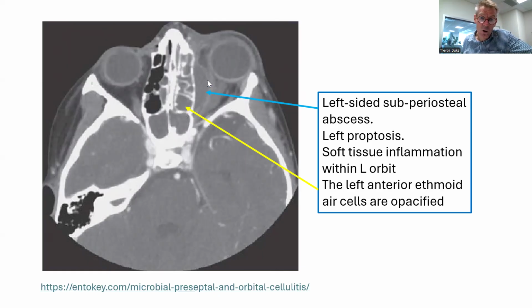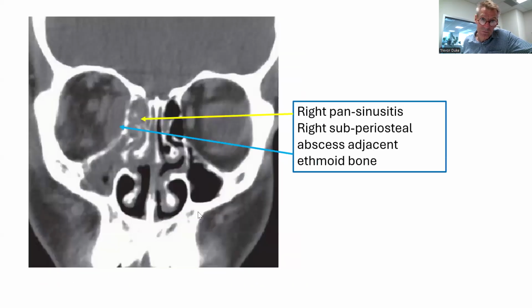But this is an orbital cellulitis with an intraorbital abscess, and clearly needs draining if the child's going to get better. This is another child where the right eye has a